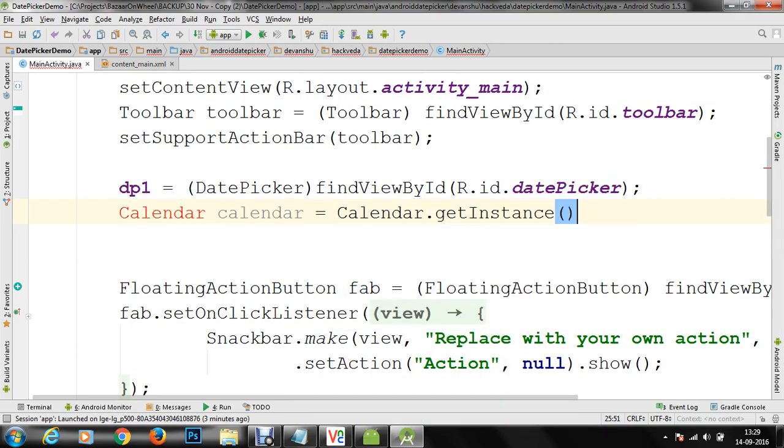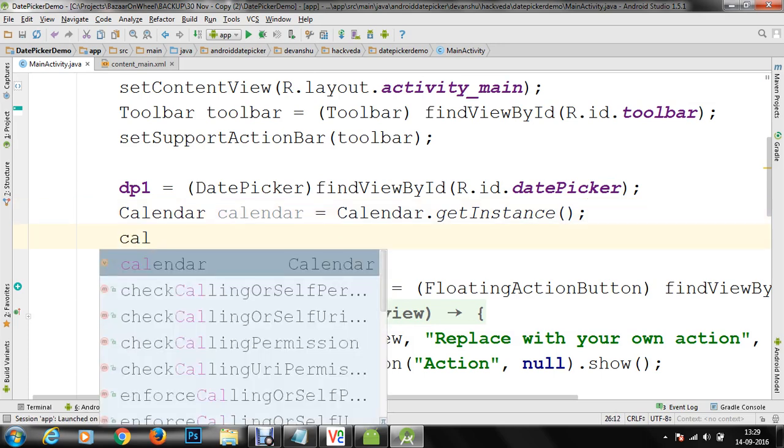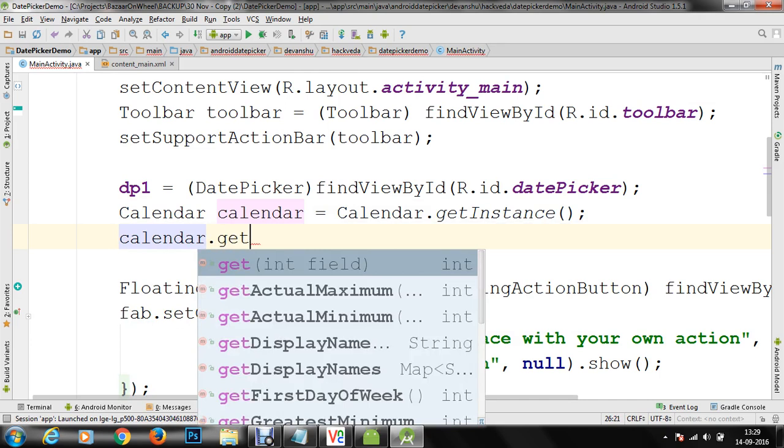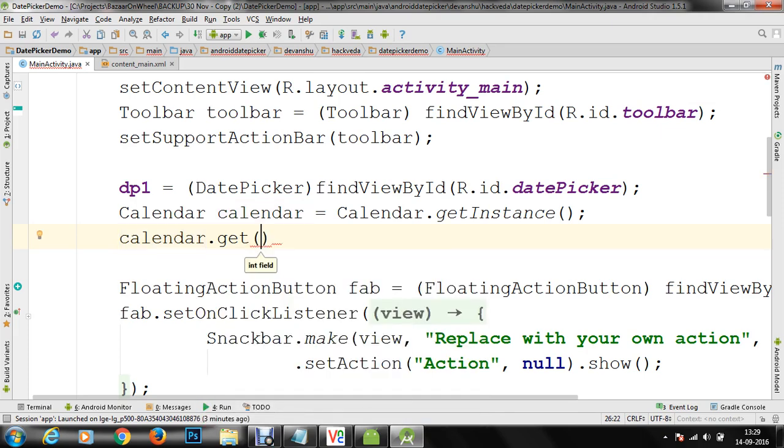This getInstance will return an object of Calendar type, and it will be stored within your object calendar. Now once you have the object available, using this calendar you can get information like year, month, and day of month. In order to do that, we have some static integer constants available within our Calendar class.